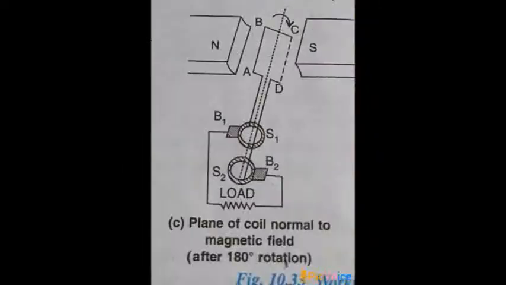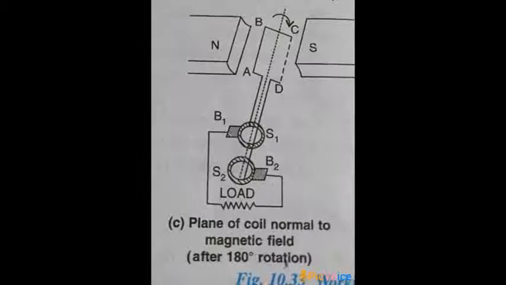Now let us see one more 90 degree rotation. Okay, it was perpendicular, from perpendicular it became parallel. Now one more 90 degree rotation we will do. See figure C, what is being shown on the screen. Now what will happen again when you rotate by 90 degrees? Now CD will go down and AB will come up. Okay, and now it will come back to the same initial position that it was. Figure A, we said that in the starting we have to keep it perpendicular, normal. So in that same position this will come back.